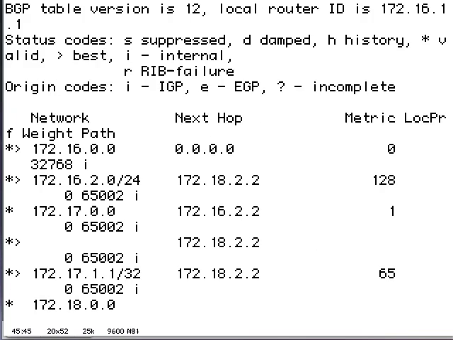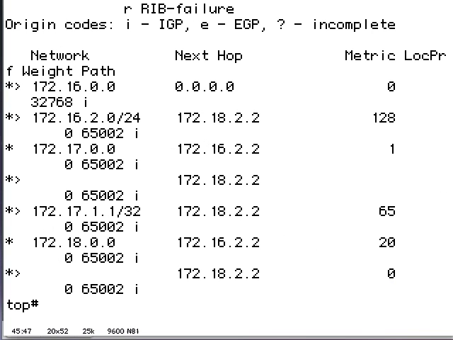Show IP BGP. So here, you can see here's the 170.17.0.0, and when I get it from the middle router, the metric is set to 1. And then here's the 170.18.0.0, and when I get it from the middle router, the metric is set to 20. So you can see that